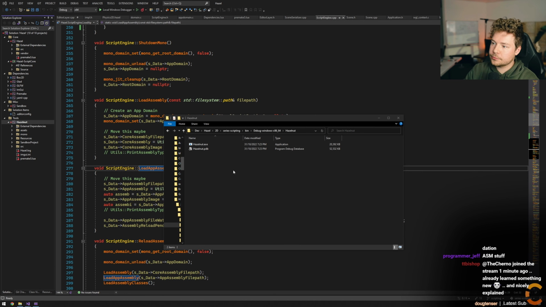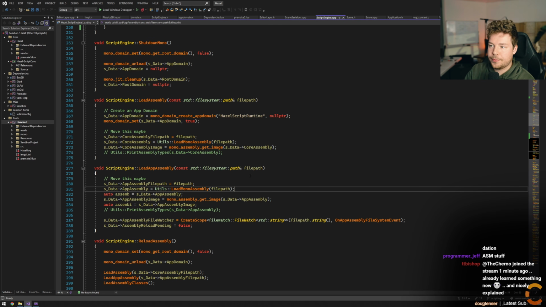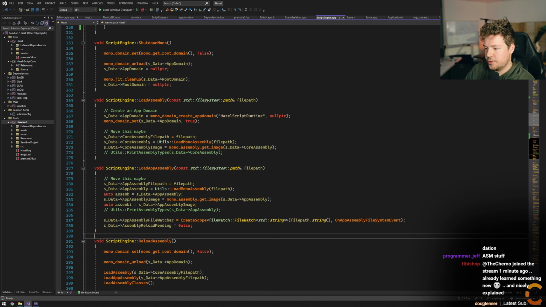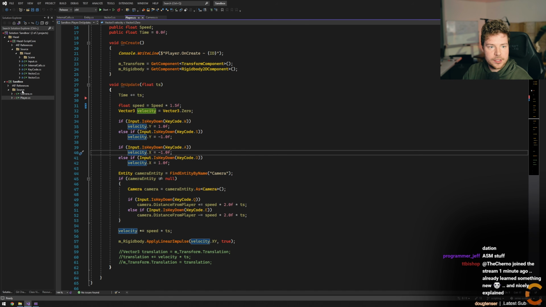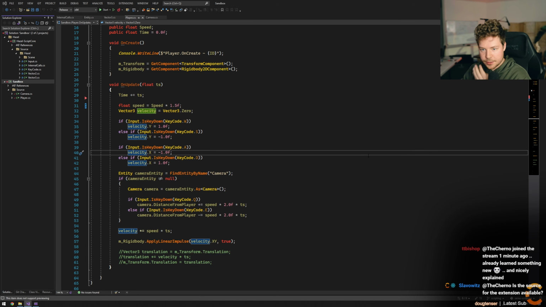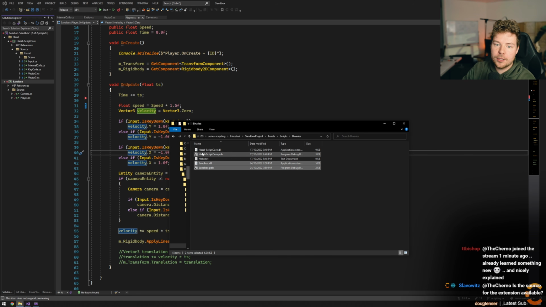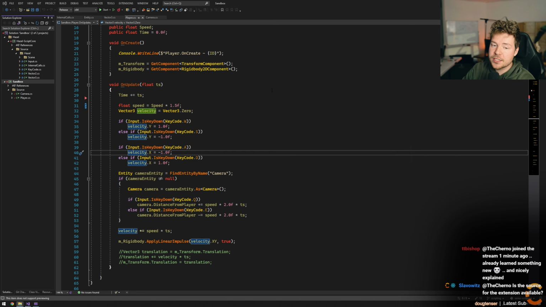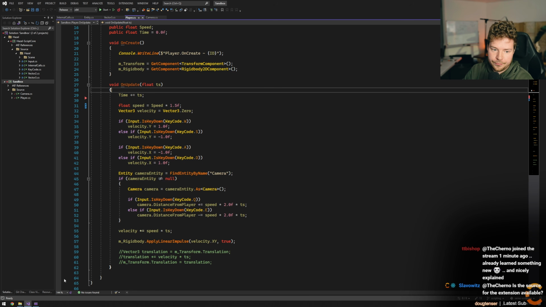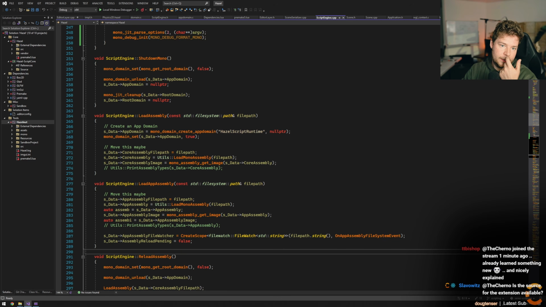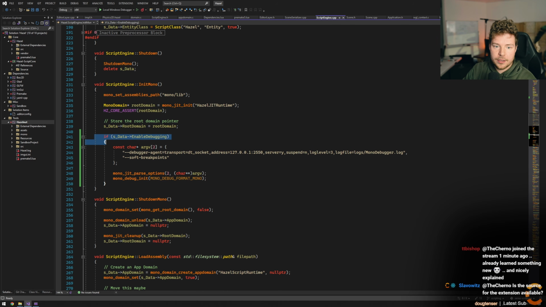So basically, what we're going to do then is try and load this guy. You may have noticed that inside Sandbox, if we take a look at the binaries, along with Hazel Script Core, our DLL, and the Sandbox DLL, there's a PDB. So we just need to say that, okay, if we have debugging enabled, then when we